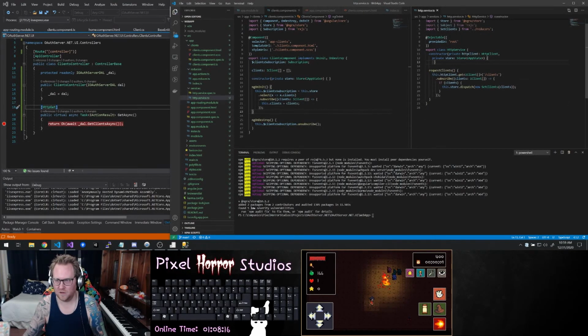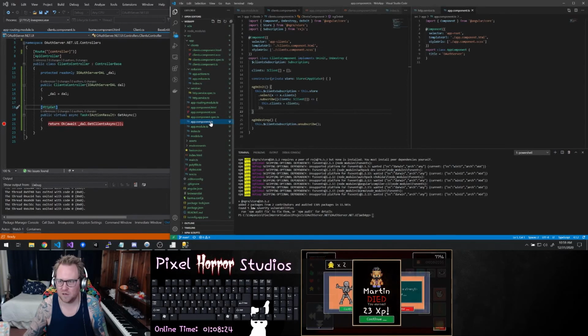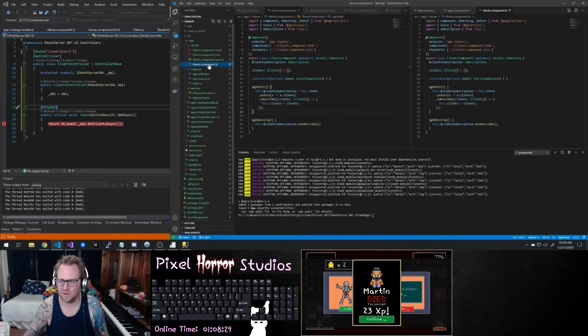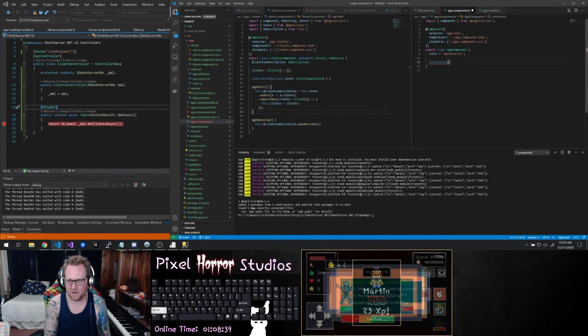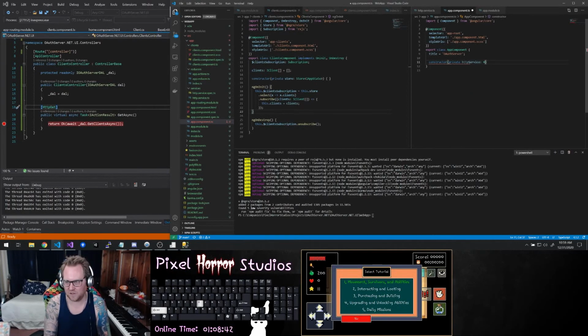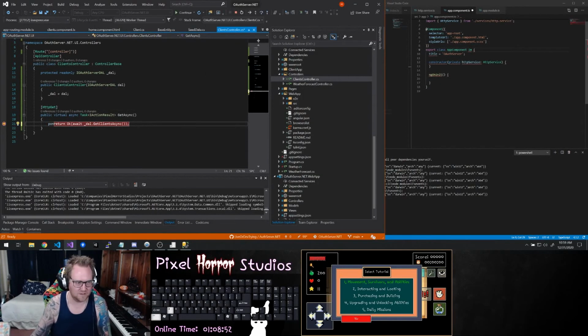So instead of doing that in my app component.ts, we want to add in a constructor which is going to pass in a private HTTP service called HTTP service. And then in my ngOnInit, which is implements, whoa,